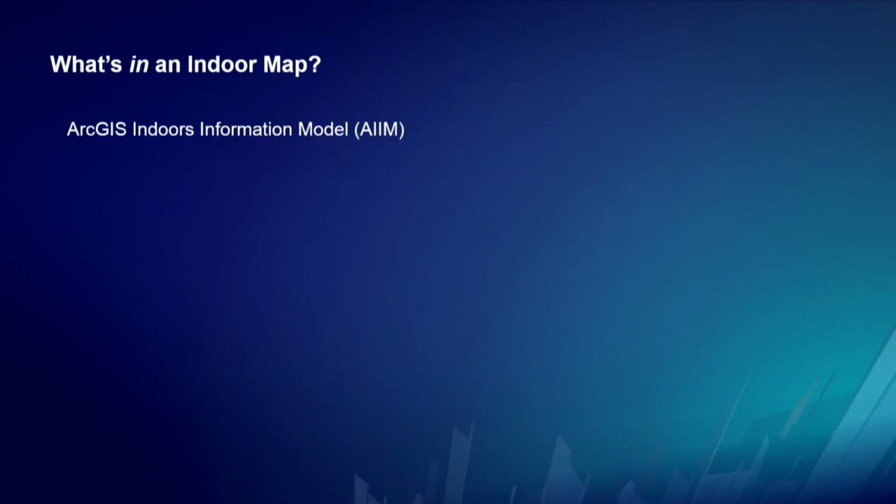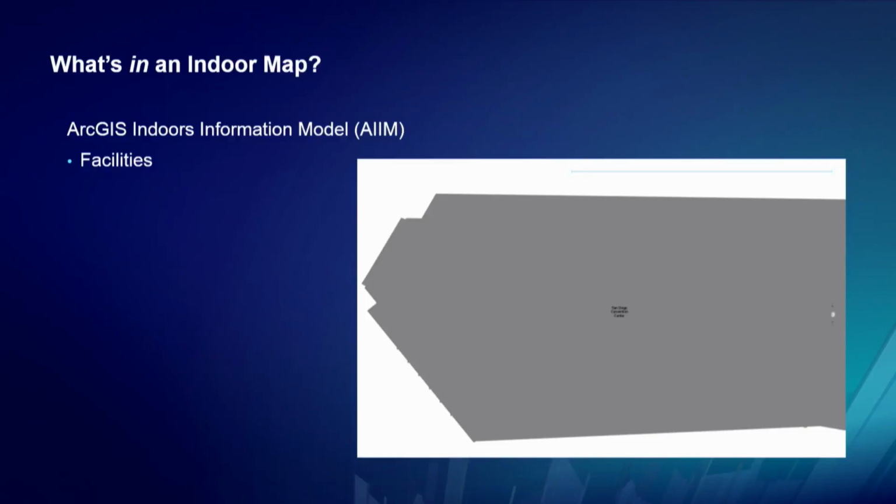And it starts with the ArcGIS Indoors information model. And this is a schema that is specific to indoor mapping and navigation. And there are several components to that. And this is actually a hierarchy that begins essentially at the globe level. And within each feature, we capture its place in that hierarchy. So a site has facilities. Facilities have levels or floors. Floors have units or spaces. Spaces have occupants, equipment, schedules, et cetera.